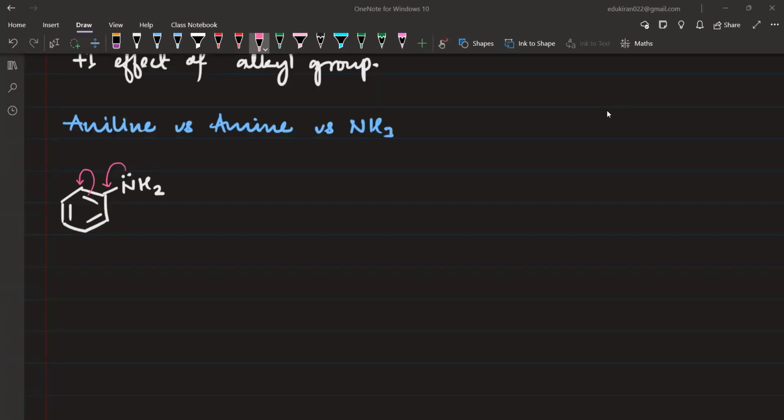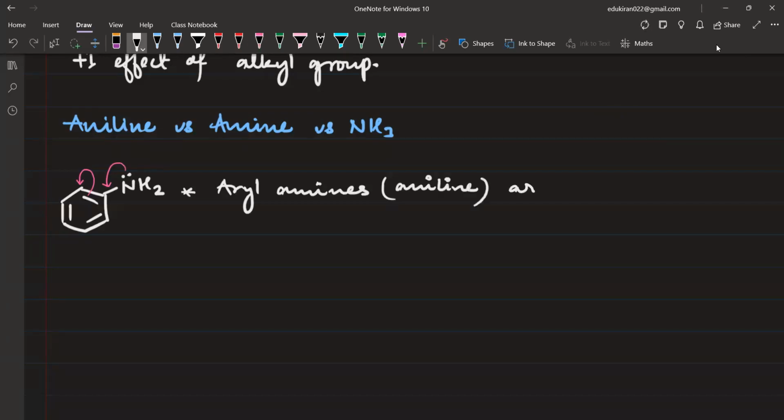That is why these are not as basic as ammonia, let alone amines. They are not as basic as ammonia. So you will write: aryl amines, basically aniline, are less basic because the lone pair of electrons on the nitrogen atom